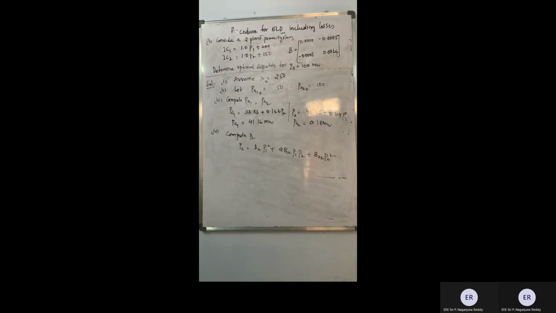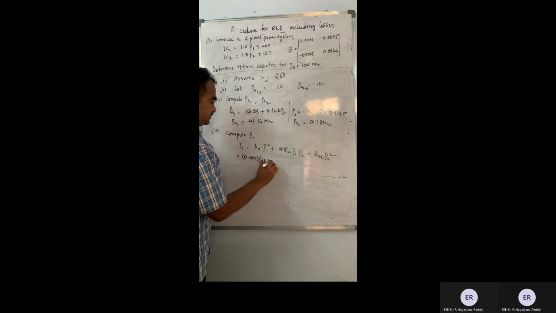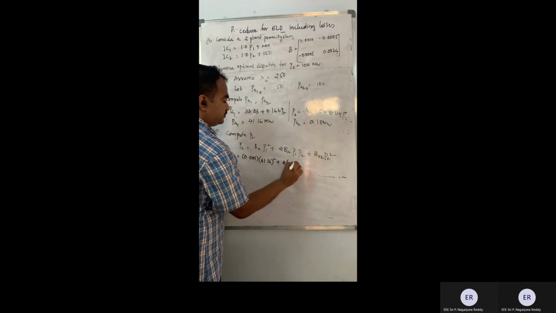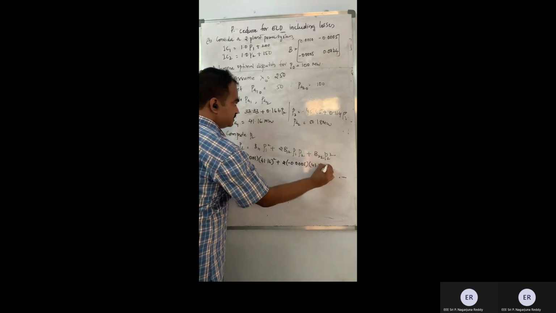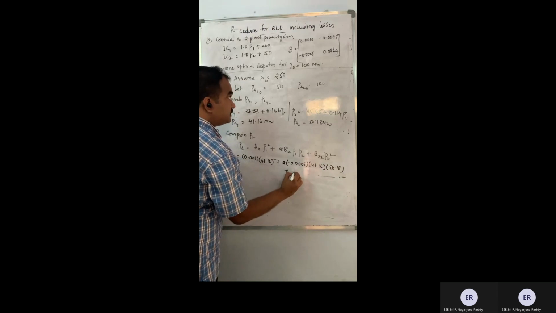Now, I do have B coefficients at the top, isn't it? So what are the B coefficients for me? It is 0.001. P1 is 41.16 square plus this is 2 into minus 0.0005. This is 41.16 into 50.18 plus B22 is